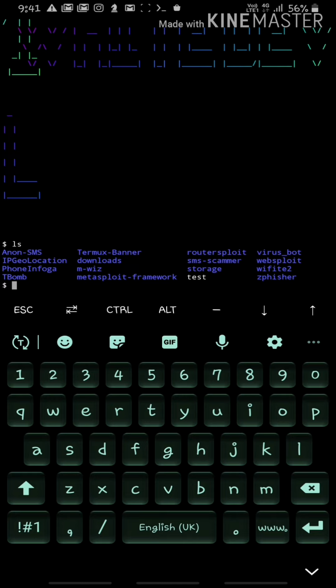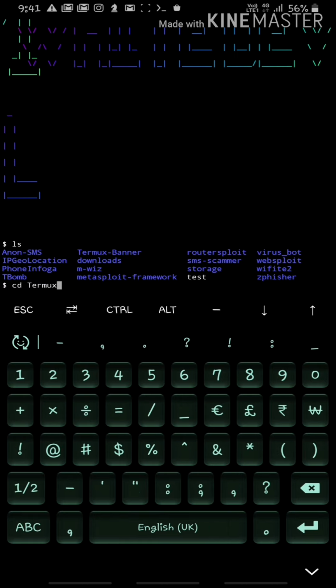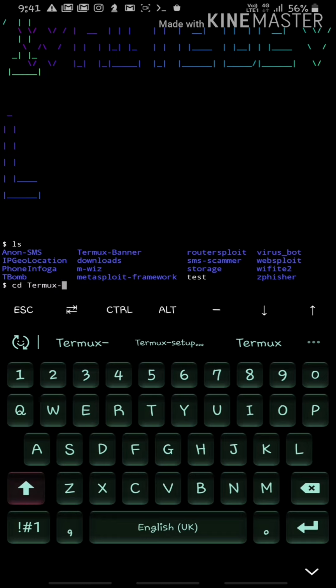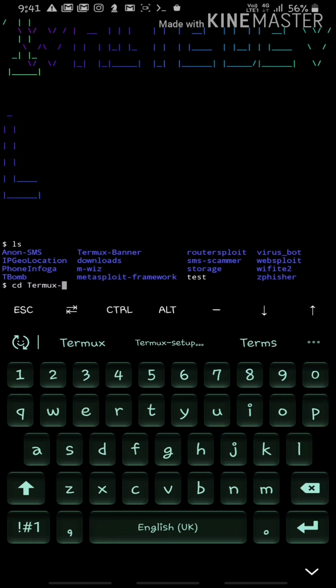Then when you have downloaded it, go for cd, then Termux, then hyphen banner.